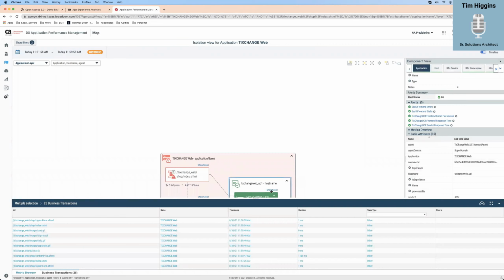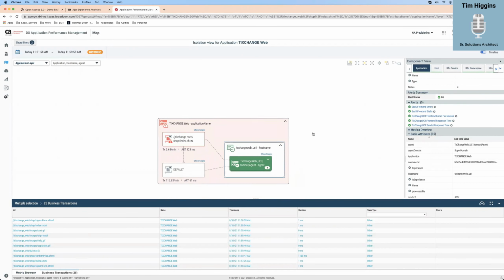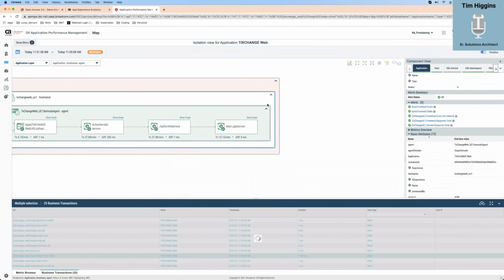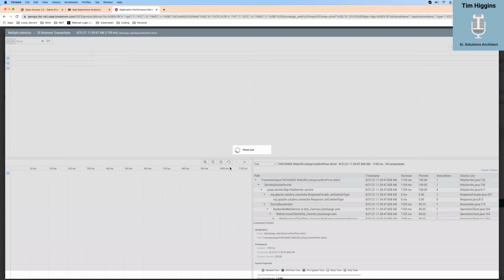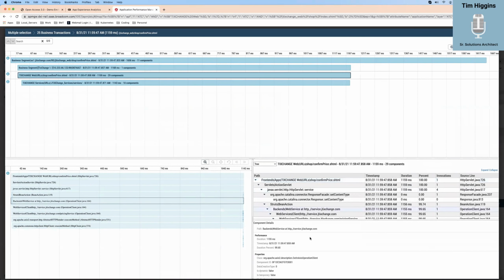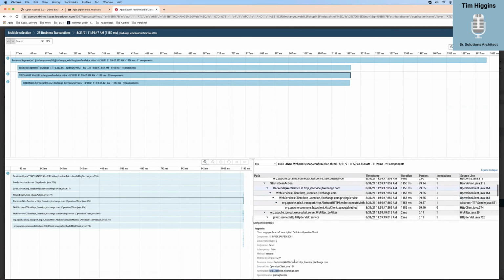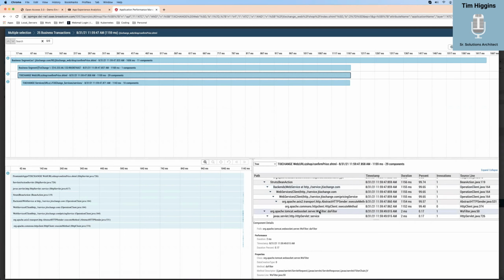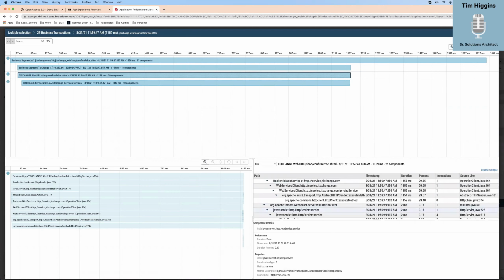If I open up this one, you might be able to see it just because this one is more of a backend. So these are services. Okay. And if I click on that, it takes a second to load. See, now I can see the servlet calls. I should be able to see some of the method calls. Here's the backend. So I can see this operation name is called price services. So there's a lot of stuff here that can help you triage whatever's going on with your app.